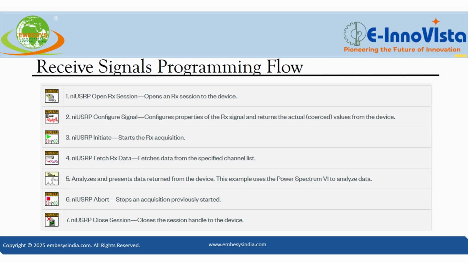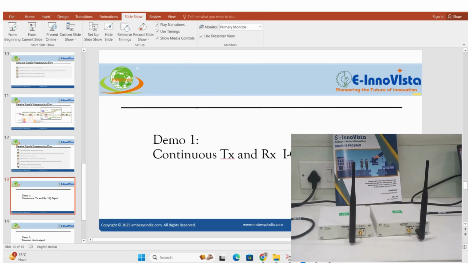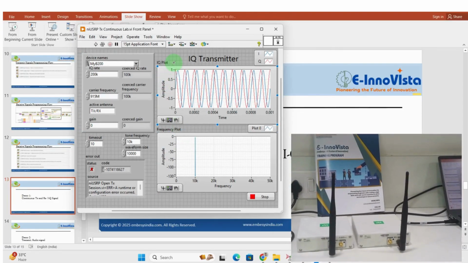These sessions are already mentioned. Now we have to go into our hardware demonstrations first. We have to implement one continuous transmit and receive of the IQ, in-phase and quadrature, signal. Let's start that. So we have to open the USRP device,